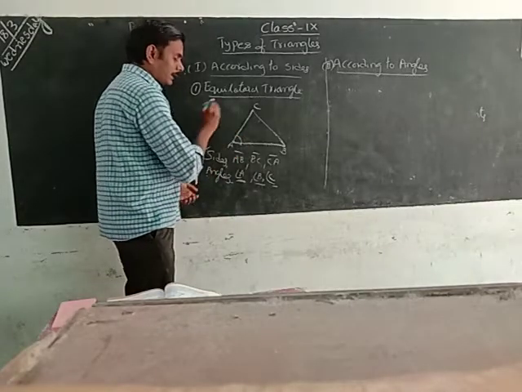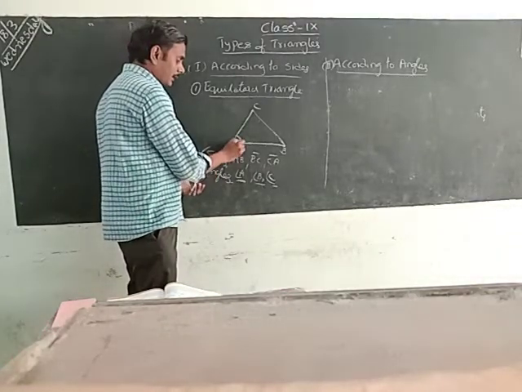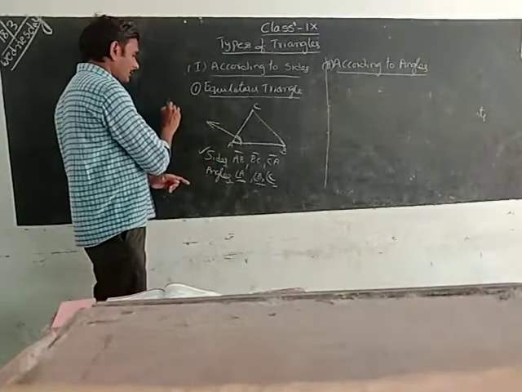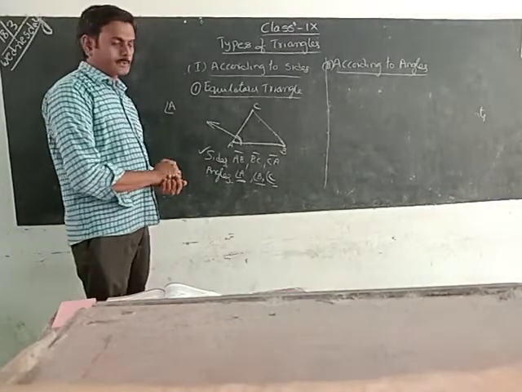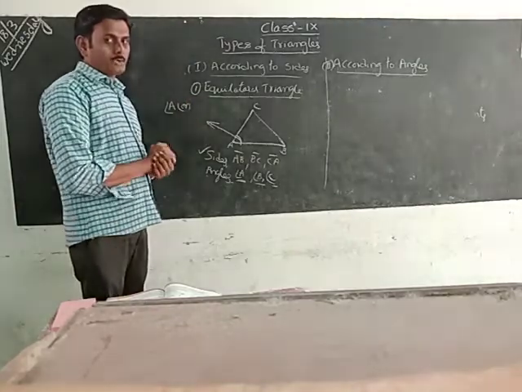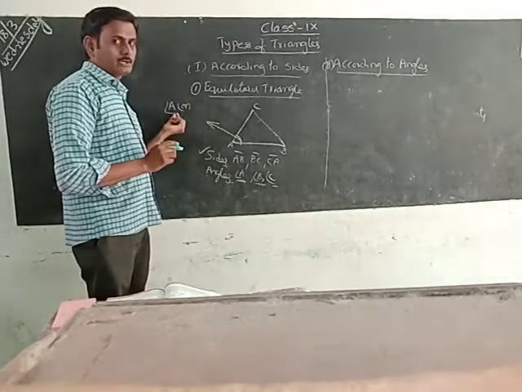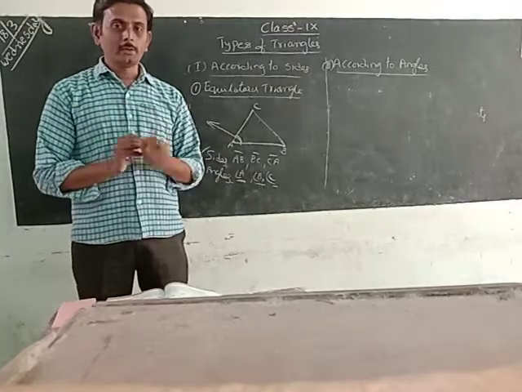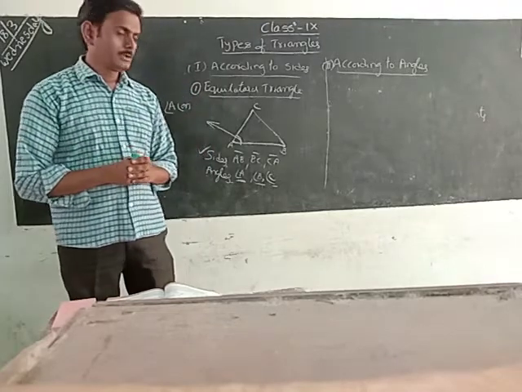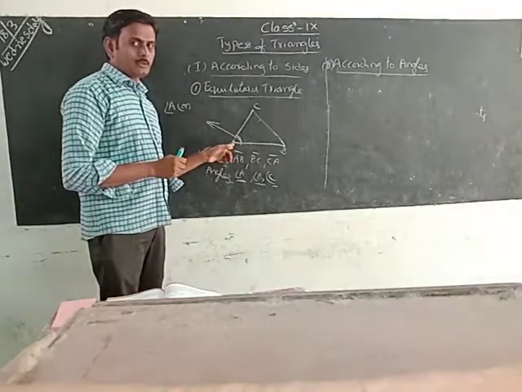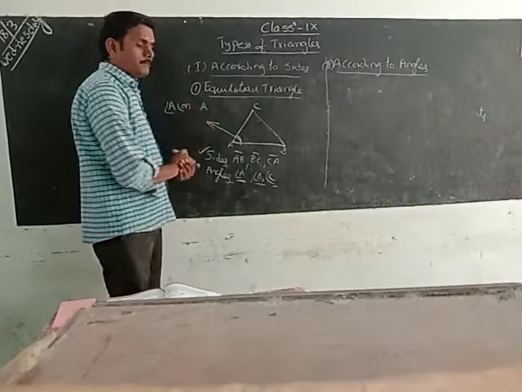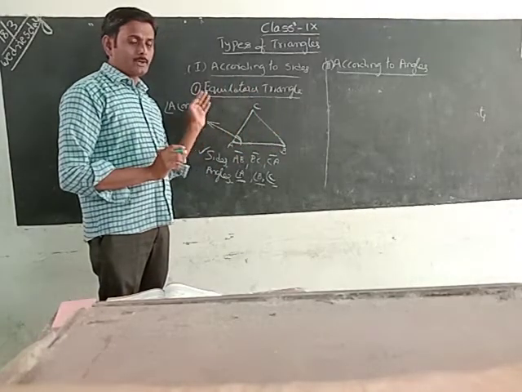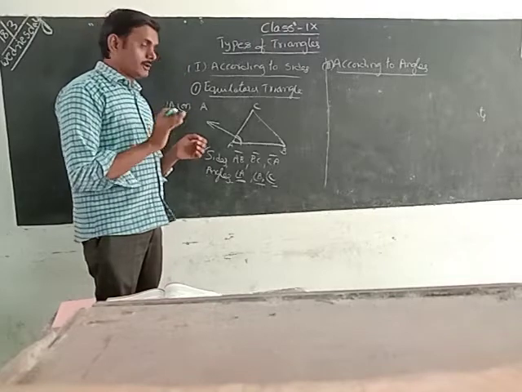For example, I want to write an angle for this one. How can we write it? What is the vertex here? A. So we can write this simply as angle A. Otherwise, we can use 3 letters. One letter we can use to write the angle. But if you want to write the angle using 3 letters, how can we write it? What is the vertex here? A is the vertex. The vertex should always be the middle of the 3 letters. We have to use B, A, C here. But when writing the 3 letters, you have to identify which angle we are writing.